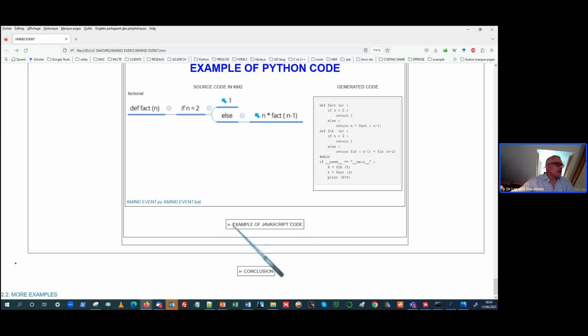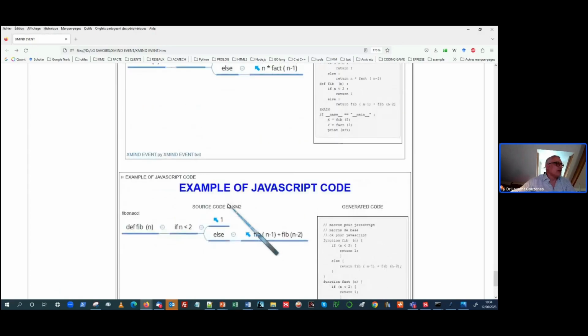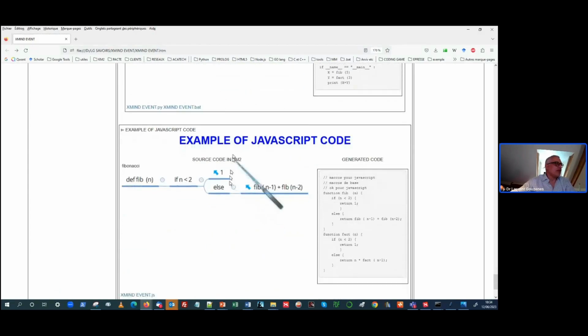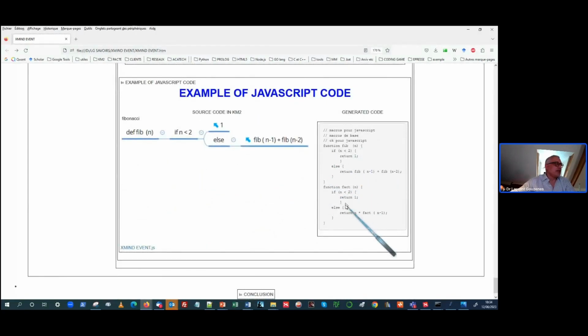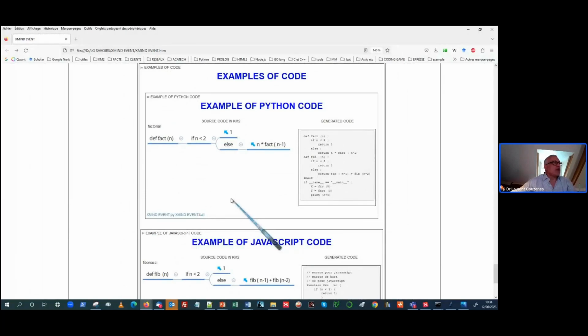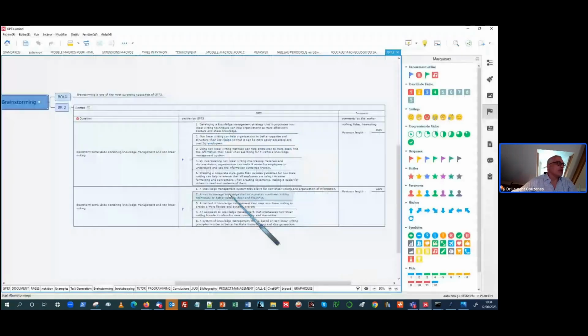What is quite funny is that you can use the same code for Python and JavaScript, and it generates everything correctly. So using Xmind with a processor is also a good way to enhance your productivity, because you just draw the things you want, you put your knowledge in them, and then you generate the document. Notably, this presentation here was